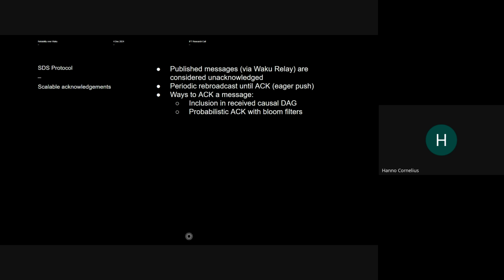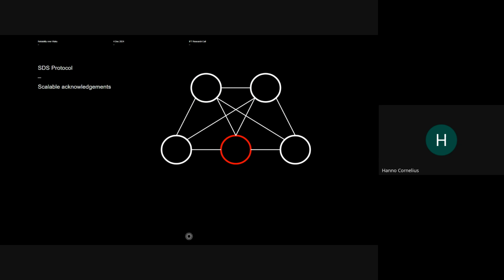And yeah, okay, again, I think an illustration will be easier. So we're back to our group chat using Waku as transport. Red node again wants to send a message. It does so, and everyone has received the message. Now we don't have any of these silly acknowledgements just being generated and published all over the place. Instead, we are waiting for the next message to be sent.